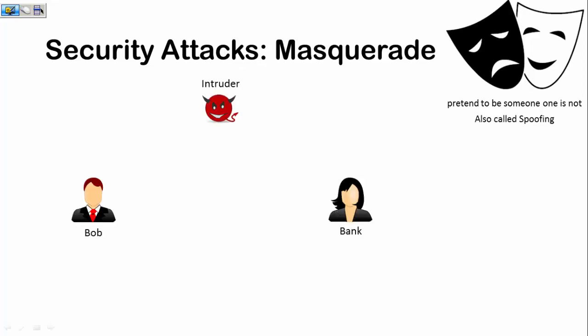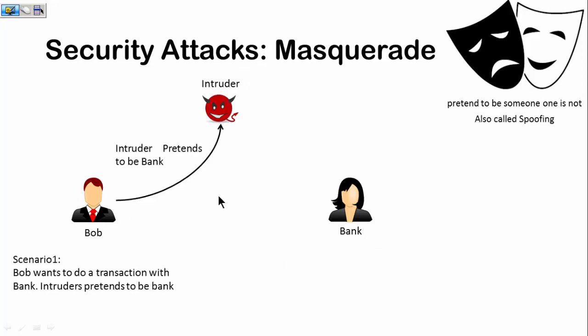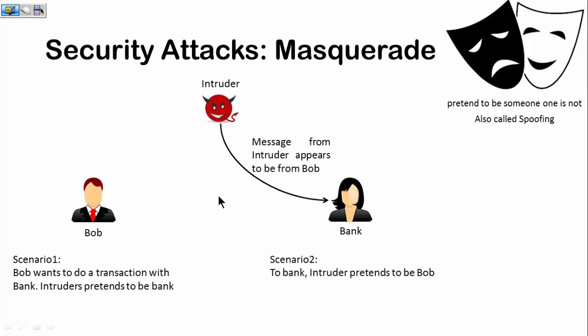Here I have changed the name of Alice to bank. Now let's imagine that Bob wants to communicate a message to the bank, or Bob wants to log into the bank for some transaction. But there is this intruder who has created a web page and is pretending to be the bank. So instead of Bob being connected to the bank, Bob has now been connected to the intruder, thinking that the intruder is the bank, right? So Bob will provide his confidential information to the intruder. In scenario 2, this intruder may contact the bank and then pretend to be Bob, because he has got the information of Bob. So both things can happen.